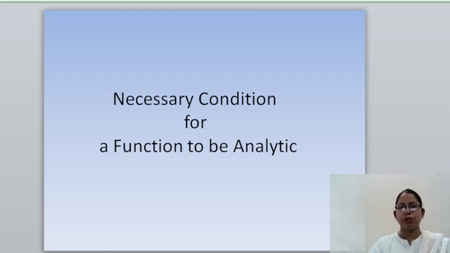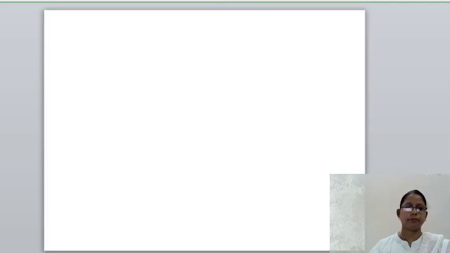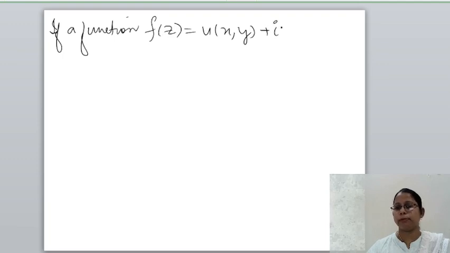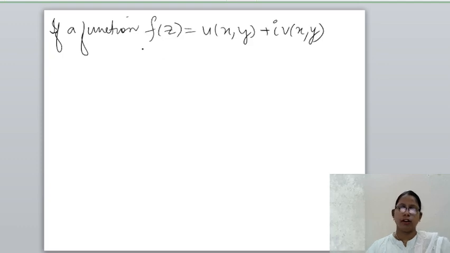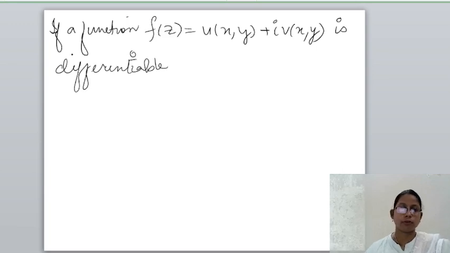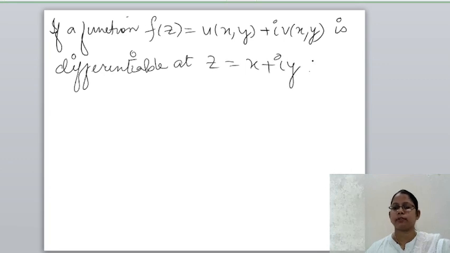In this lecture, we are going to discuss the necessary condition for a function to be analytic. If a function f(z) equal to u(x,y) plus i v(x,y) is differentiable at z equal to x plus iy, then